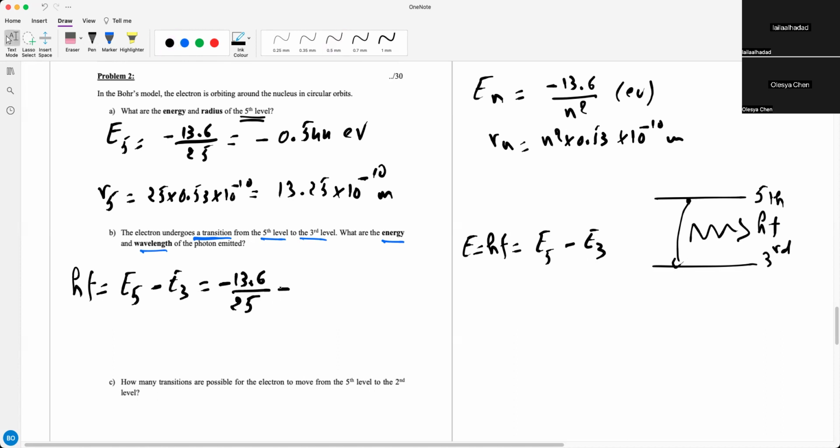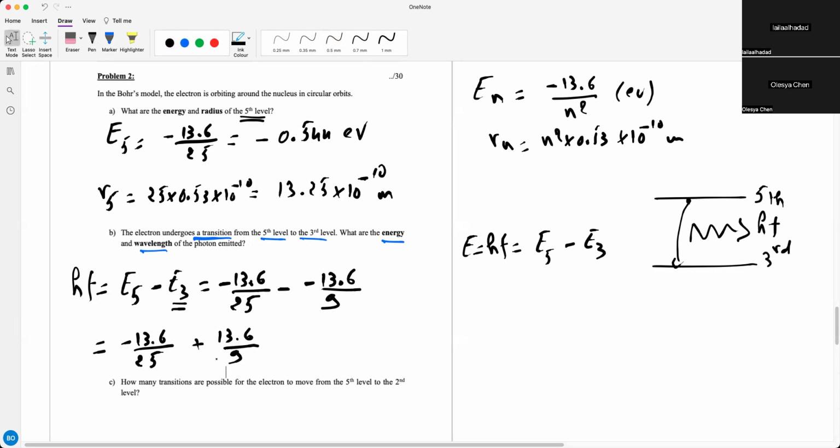Yeah, we follow. Okay. Minus E3. E3 is minus 13.6 divided by 9. So minus minus is plus. So this means that minus 13.6 over 25 plus